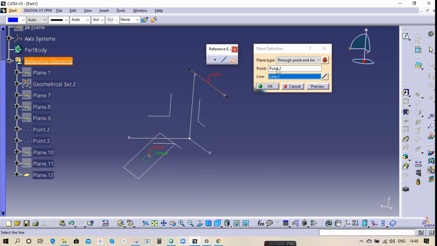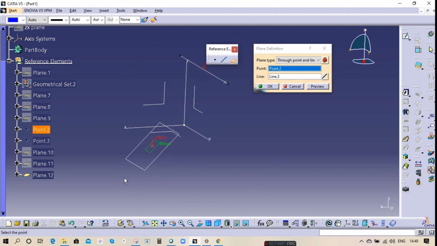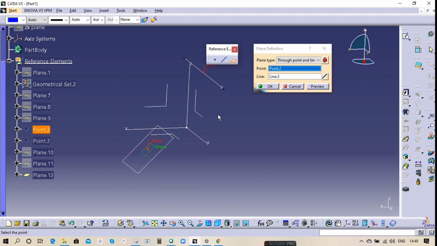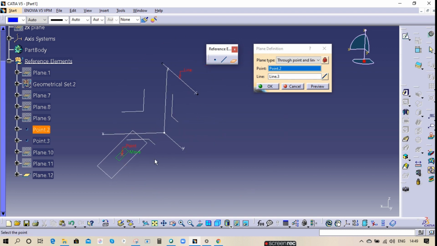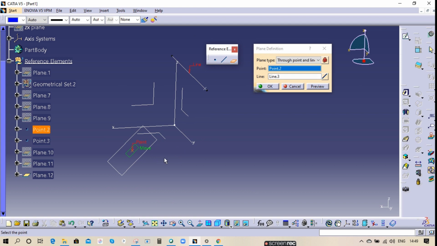And also if you observe the same point, the location of the plane is referred to the point, and the direction you need is based on picking the line.